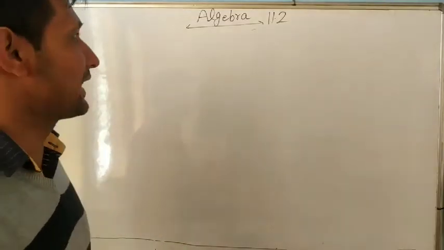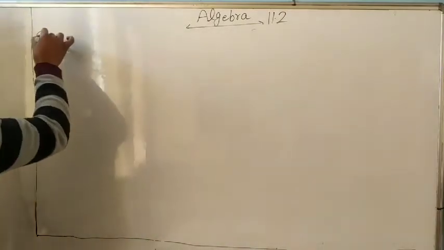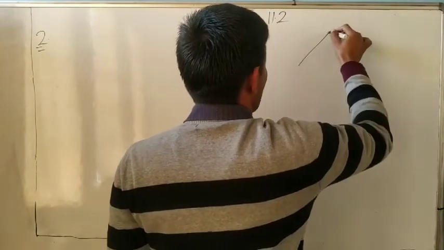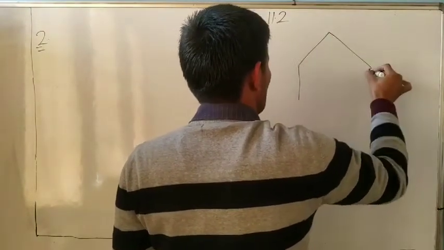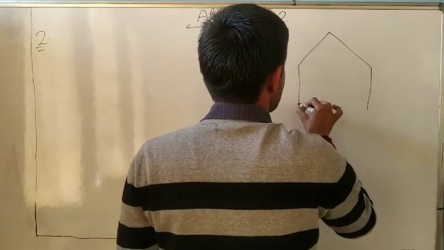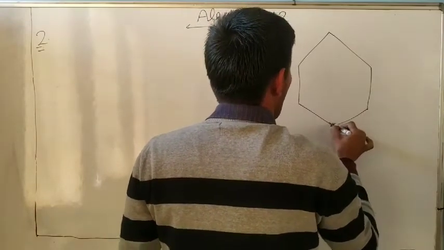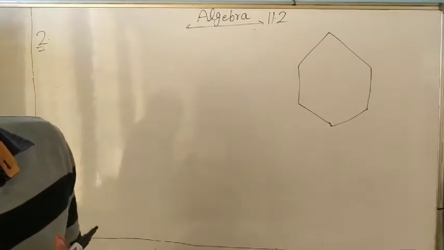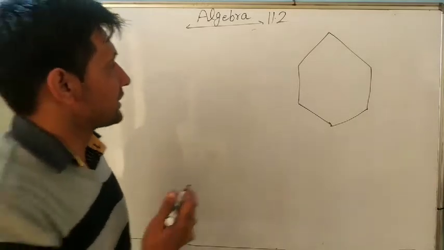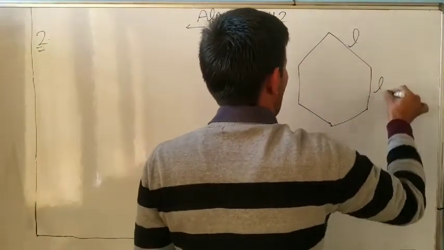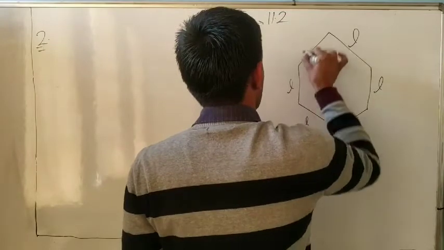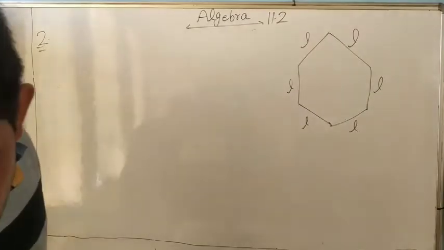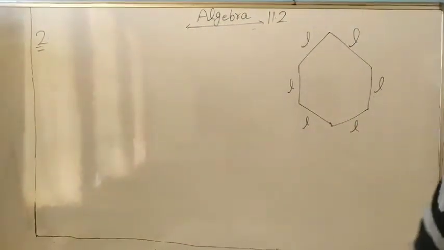Is a regular hexagon. Second question, regular hexagon, I already told you. In a regular hexagon, how many sides in a closed figure? 6 sides. And regular means all sides are equal. And how much is given? A regular hexagon, 6 sides: L, L, L, L, L. All sides are equal. So we have to express the perimeter of a regular hexagon.